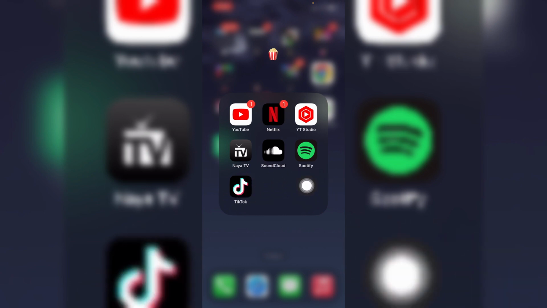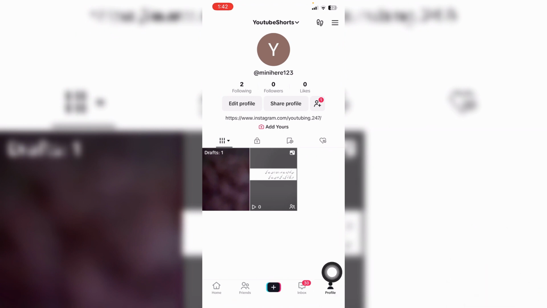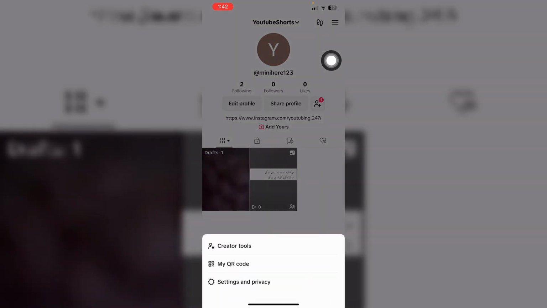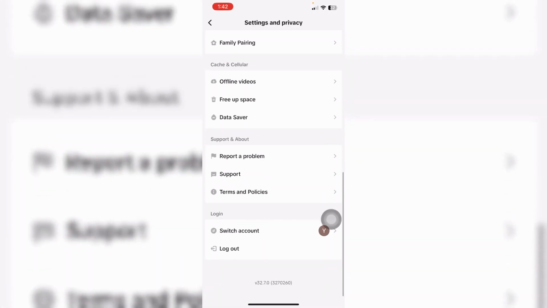First you have to open your TikTok app, and once you're on your TikTok app, you have to click this profile icon and then choose these three lines on the top right corner. Now you have to click settings and privacy, and once you're on this menu you have to scroll down and